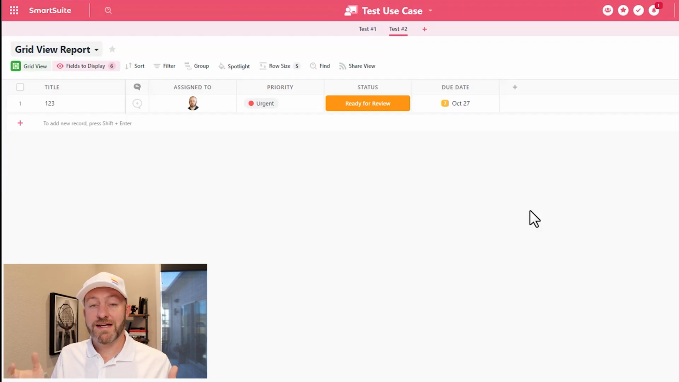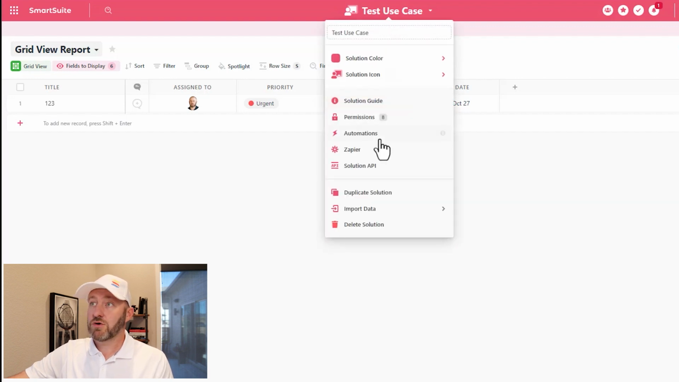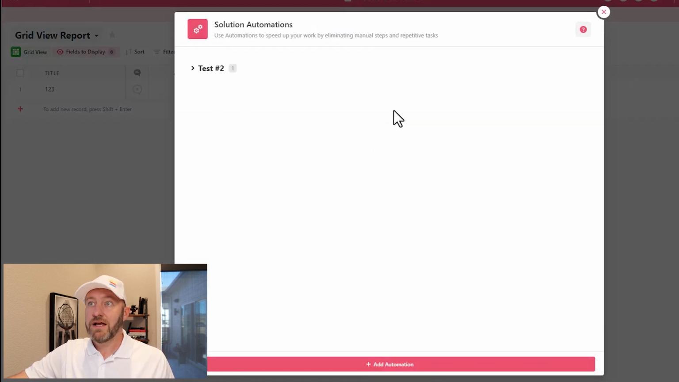In order to manage your existing automations inside of SmartSuite, first access a solution inside of SmartSuite where an automation exists. In this case, I've already built an example automation inside of my test use case solution. Now, in order to access the different automations, I have to first click on the solution heading and scroll on down again to automations. Now, because of the fact that I already have an automation built inside of this solution,